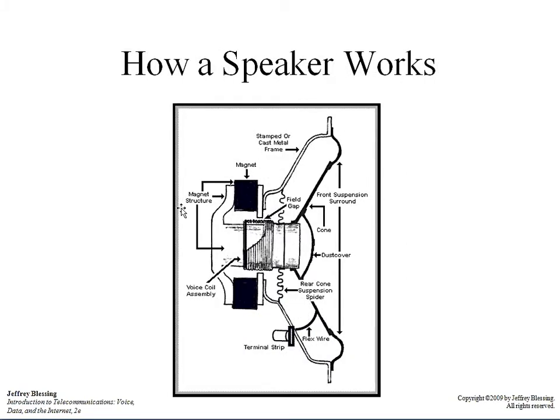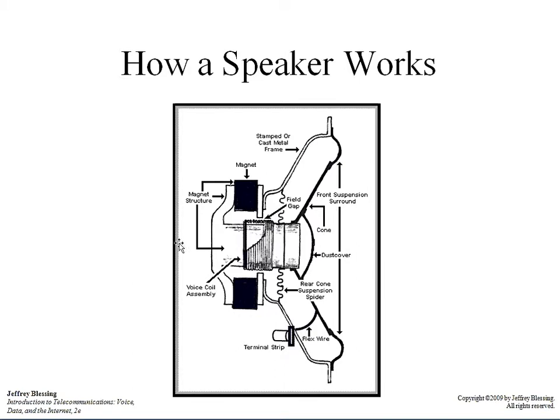So here we have the other end. We have to look at how a speaker works, and this is a cutaway view. The speaker has, first off, a large magnet here. This is in the form of a torus or a donut. It's a circular magnet, and it surrounds the back of the speaker and is attached to the cone. On the inside, through the hole in that magnet, we have an electrical coil. Here's a coil of copper wire. We'll connect our microphone